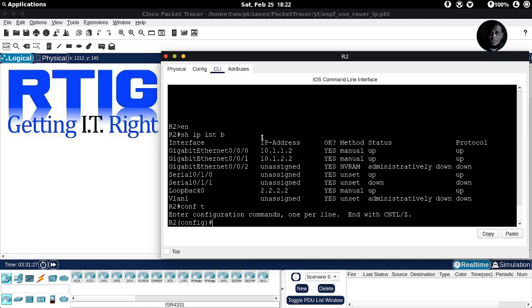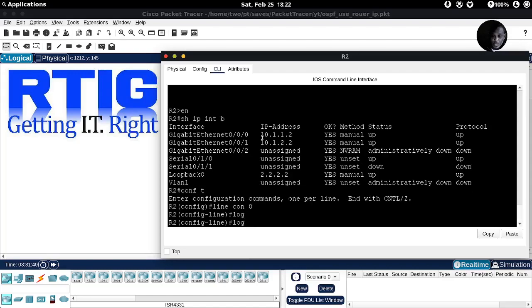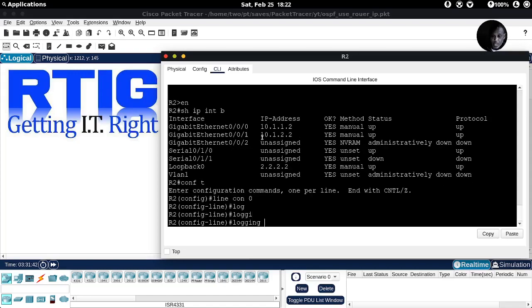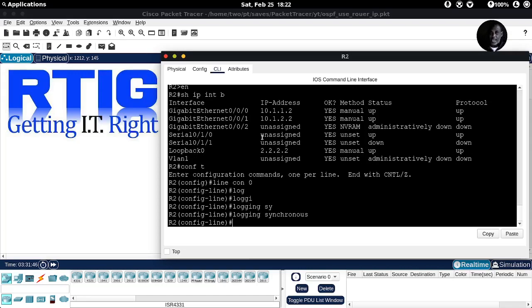So one thing that you may want to do is go in and say line console 0, and then say logging synchronous, and that'll stop some of that. I won't do that on the other 2 routers, and you may see what I mean. All right, so